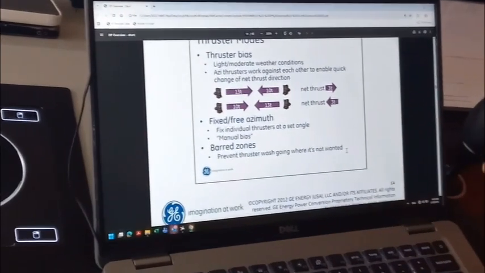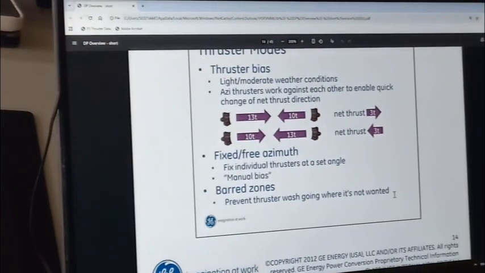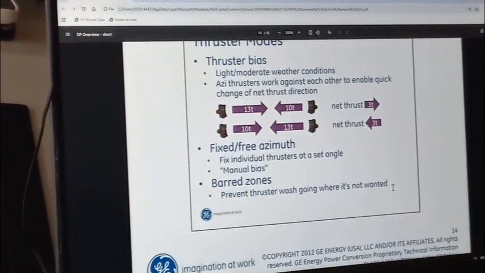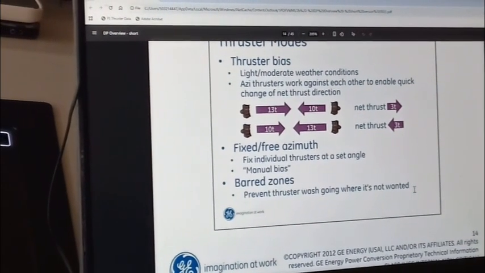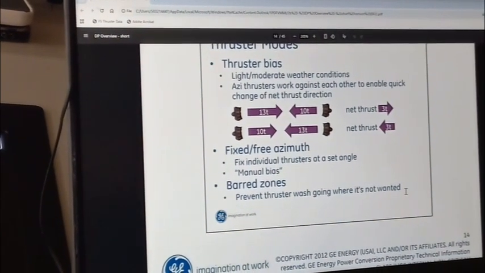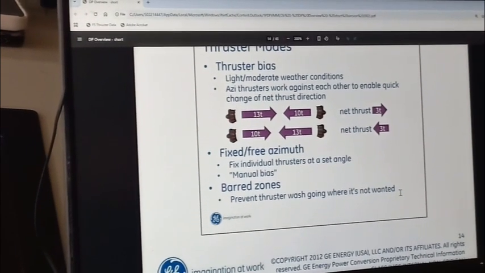Also for the azimuth thrusters, which is not available for your thrusters, for your vessel. When you want to fix a thruster, you have an option in this thruster manual. You will have